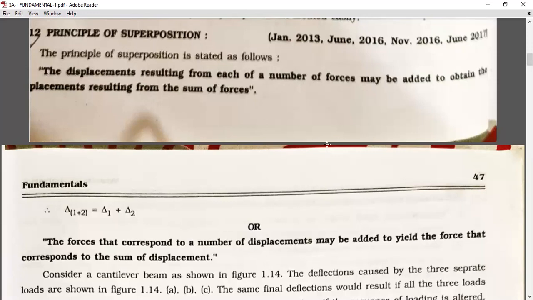The principle of superposition is stated as follows: the displacement resulting from each of a number of forces may be added to obtain the displacement resulting from the sum of forces. Again, the displacement resulting from each of a number of forces may be added to obtain the displacement resulting from the sum of forces. In short,